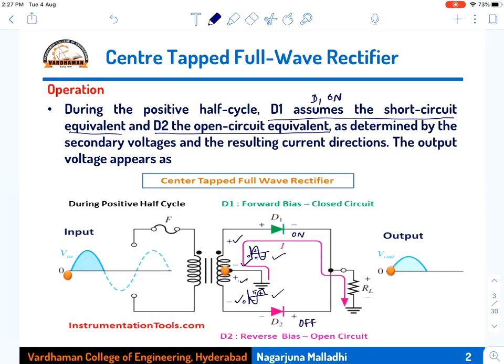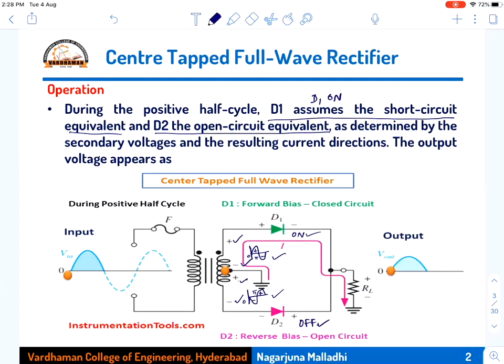So in the upper portion, the first half cycle is positive, therefore this diode is on. In the second half portion, the first half cycle is negative, therefore this diode is off. So under that case, from 0 to pi, what happens? Only D1 is on, D2 is off. Therefore, the current that will be flowing is because of the current in the D1 on diode.